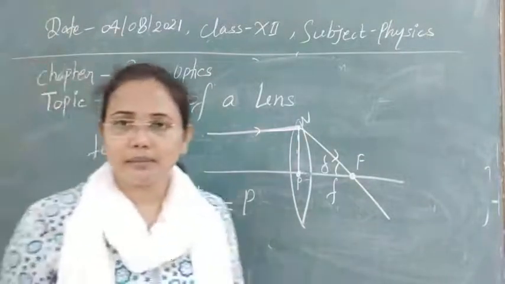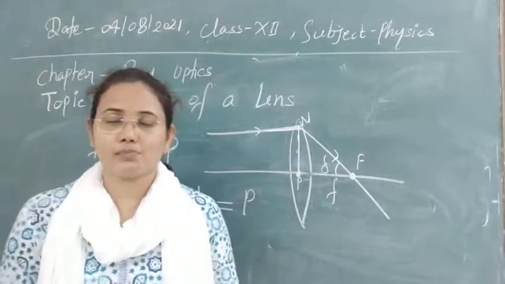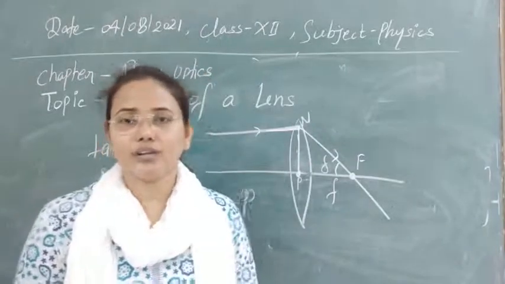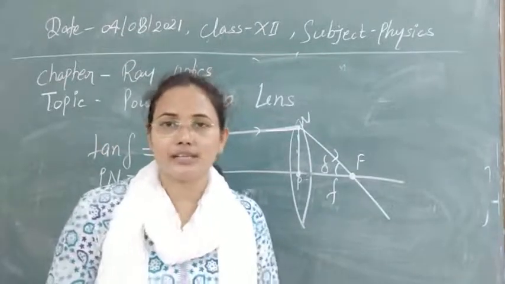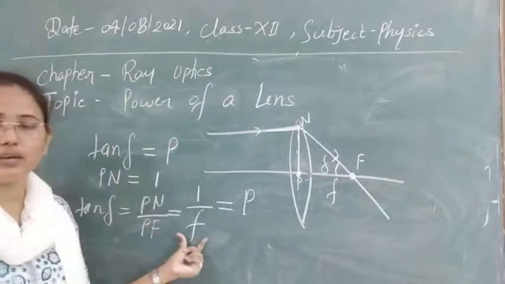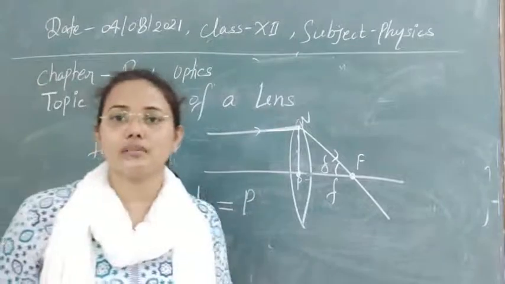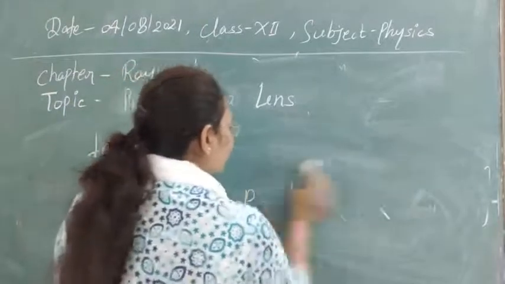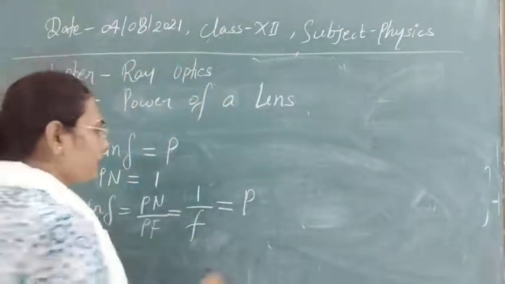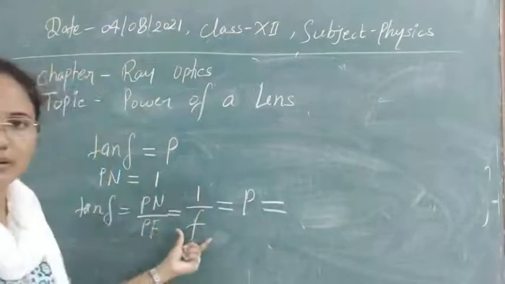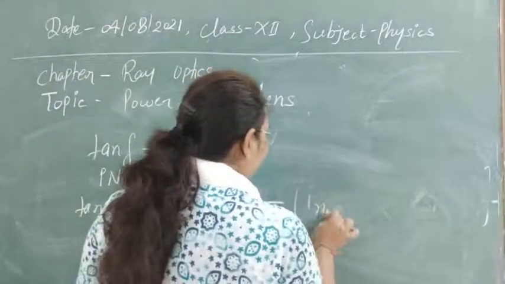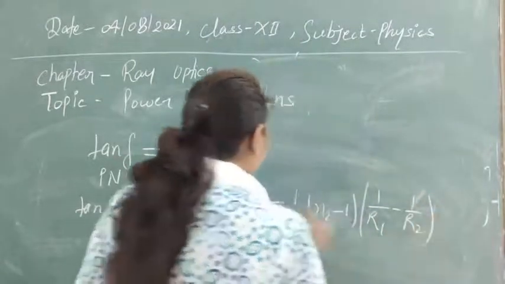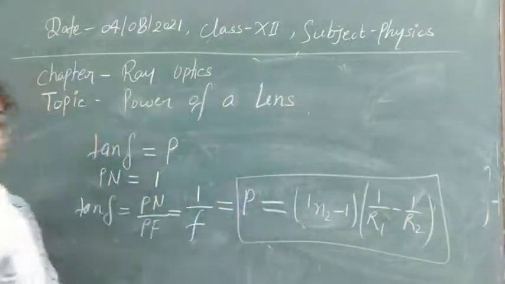Next, this is the same procedure that we use while making specs. Whenever there is a focal problem, we try to increase the power of the lenses using this concept, by changing the focal length of our contact lenses or specs. And as we have just written the lens maker formula, how can you calculate the power using it? By using different terms: 1 by f is equal to (n2 minus 1) times (1 upon R1 minus 1 upon R2). So this will be equal to P directly.